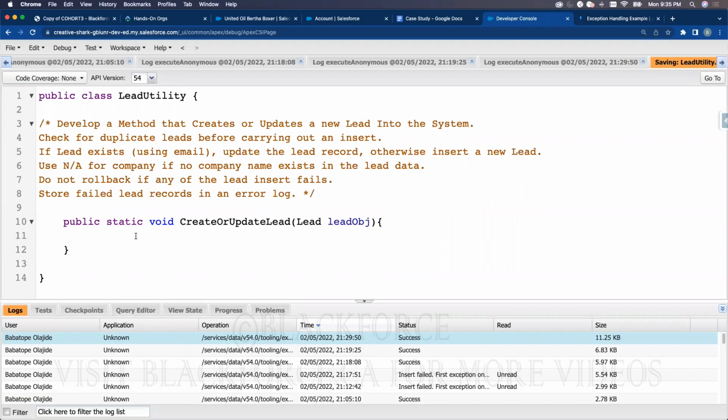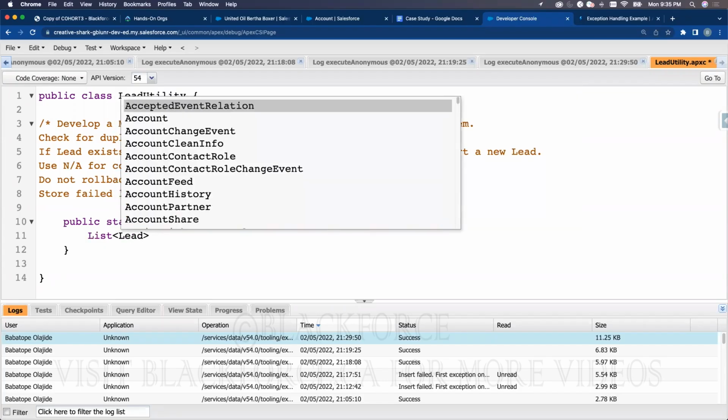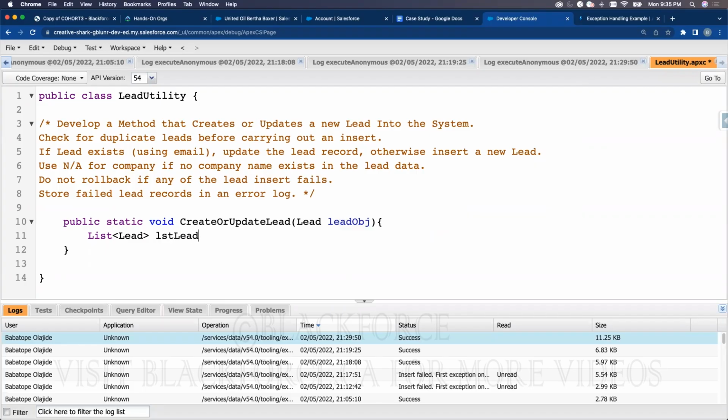So what do you need to do in that method? In that method, you need to collect a lead object. And after collecting the lead object, check for duplicate leads before carrying out an insert. How do you check for duplicate leads before carrying out an insert? List of lead equals, you run a query. You run a query, select